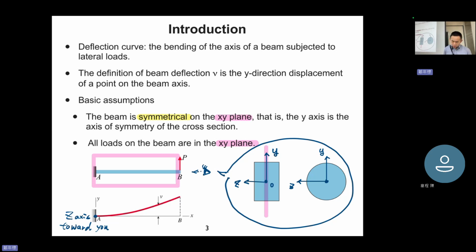coordinates. The coordinate is really important. Sometimes you need your imagination. You can see that sometimes we will focus on the side view and the cross-section view. So you need to identify the surface that you see. For example, this is a side view, X and Y plane. If you see the cross-section view, you will see Y up and Z to the left. All the shapes of the cross-section are symmetric, and you see all the loading is in the XY